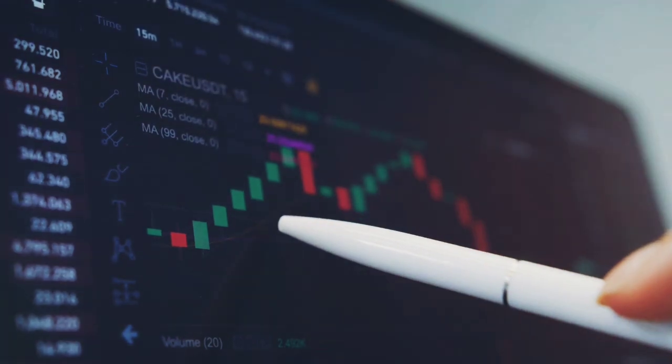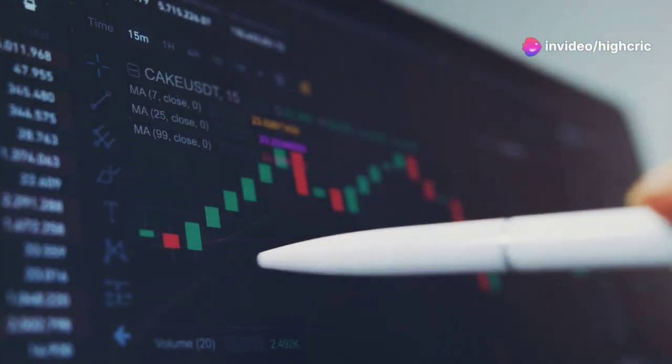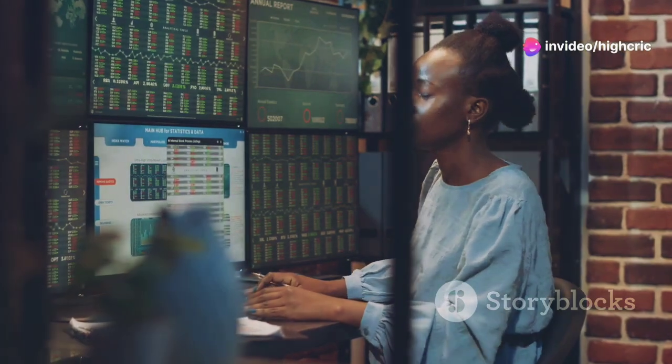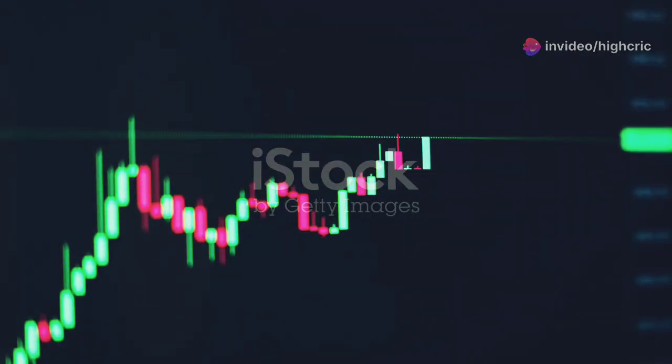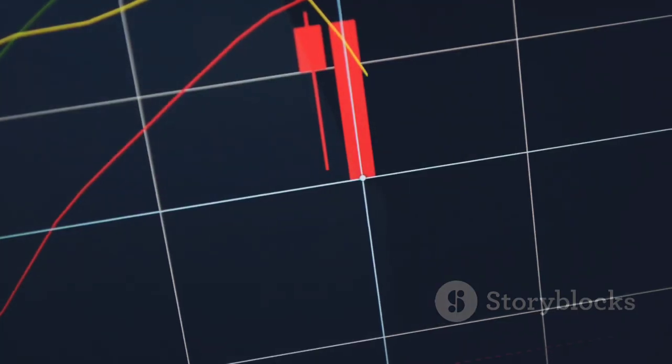By understanding the shooting star candlestick pattern, traders can identify potential selling opportunities and make informed trading decisions. It's worth noting that the shooting star pattern is the opposite of the hammer pattern. While the hammer appears at the